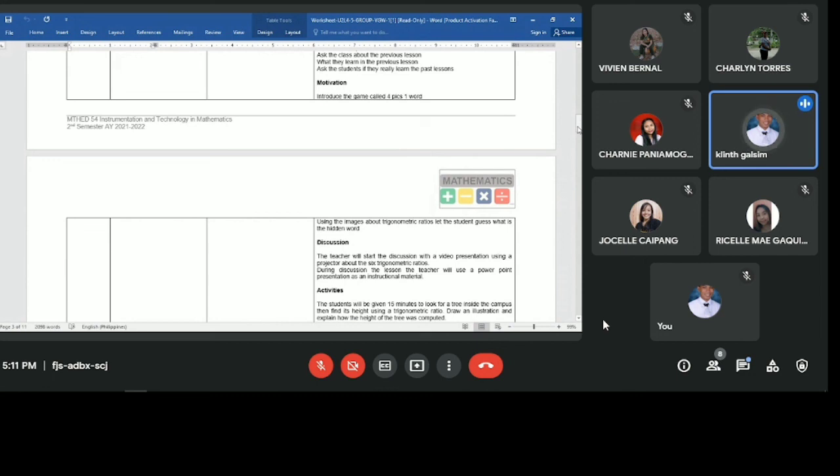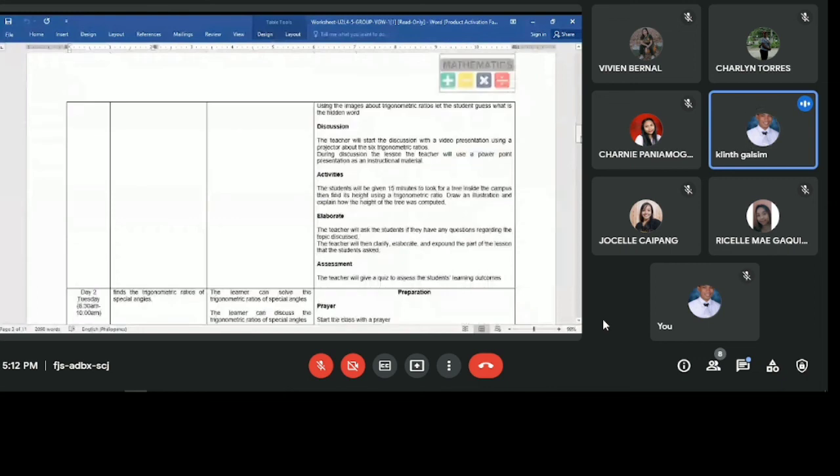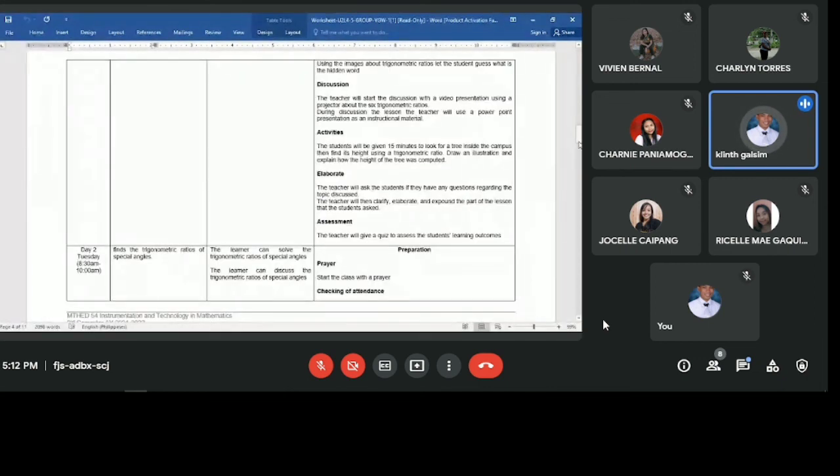And for our discussion, the teacher will start with a video presentation using a projector about the six trigonometric ratios. And during the discussion of the lesson, the teacher will use a PowerPoint presentation as an instructional material. And next, for our activities, the students will be given 15 minutes to look for 3